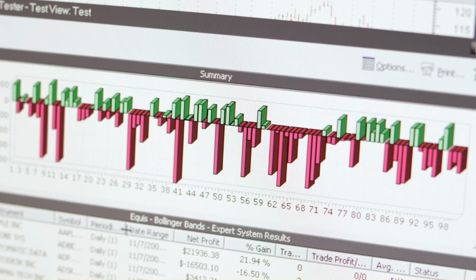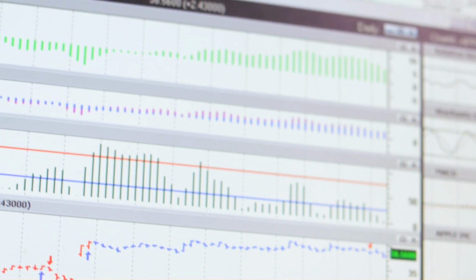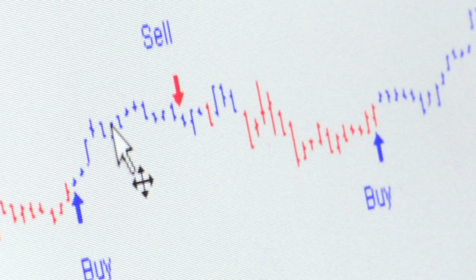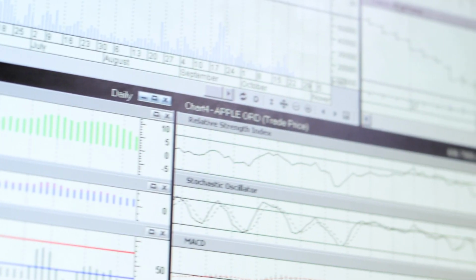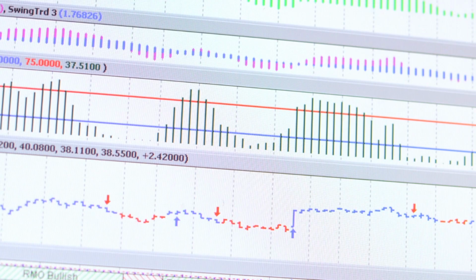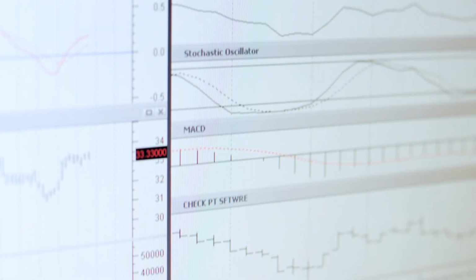MetaStock is an award-winning software and data package that has been helping traders for over 35 years. Simply put, MetaStock is a tool for traders like you to analyze the markets. MetaStock helps you take the guesswork out of trading by offering a methodical, systematic approach to some key questions all